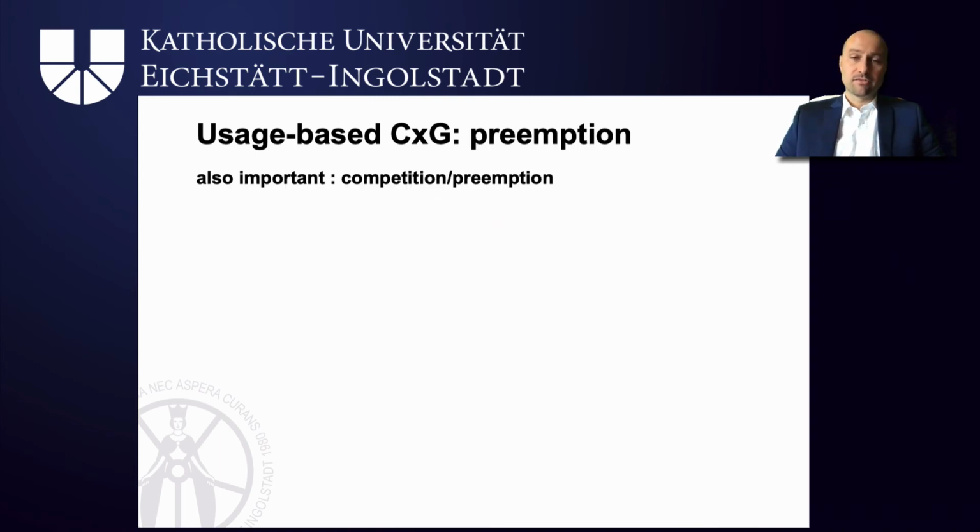Finally, usage-based construction grammar also emphasizes the importance of competition, or sometimes also called preemption. Take a look at the pattern write, writer, sing, singer and win, winner. In all of these, you've got the noun created off the verb by adding the er suffix. So of course there's going to be a relationship between the two, and from a construction grammar perspective we would see two schemas for a verb and the noun, and they are linked by a bidirectional link as we saw